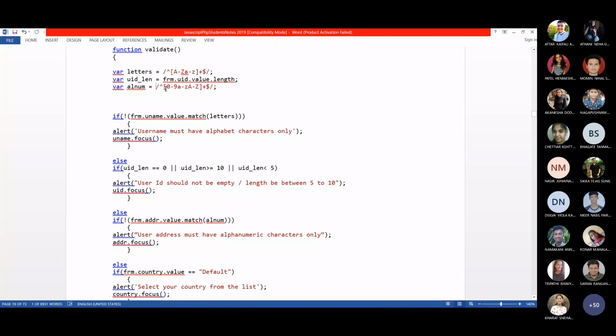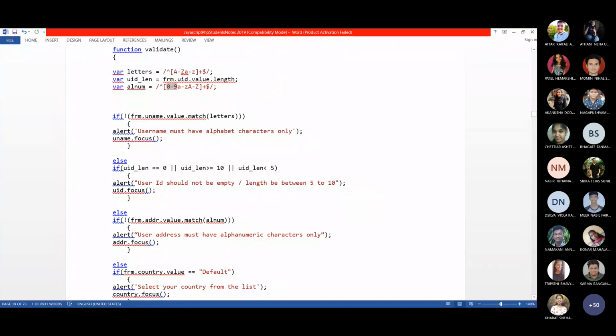In that variable, again, that is a regular expression variable. Some pattern I have stored. This is the starting of the string. This is the end of the string. This is the number of occurrence of the string, one or more. What I have given, I did not give only capital A to Z, small a to z. I have given all the integers also, 0 to 9. So 0 to 9, capital A to Z, small a to z is a pattern. So this pattern can occur one or more times in a given string.